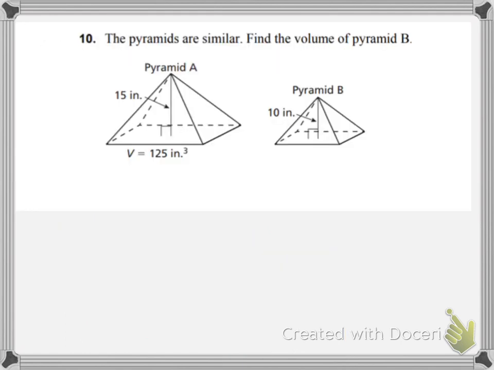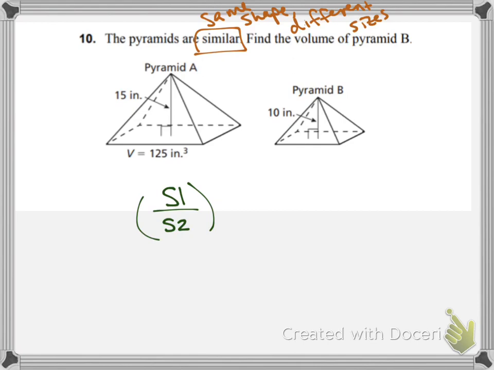The pyramids are similar. So again, this means it's the same shape, different sizes. Find the volume of pyramid B. So this is the formula we used with prisms. It's going to be the same one. Side 1 over side 2 cubed equals the volume of the first over the volume of the second. So the side they gave us is the height, actually. So we're going to do 15 over 10